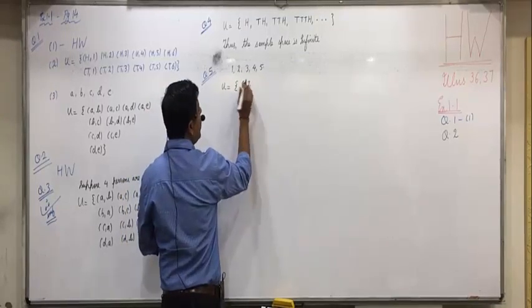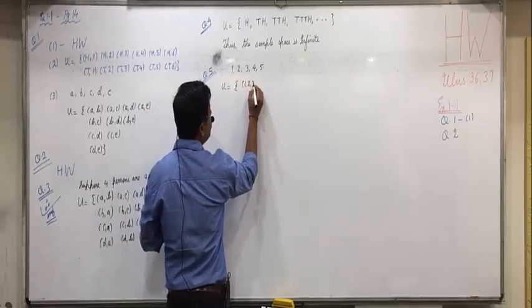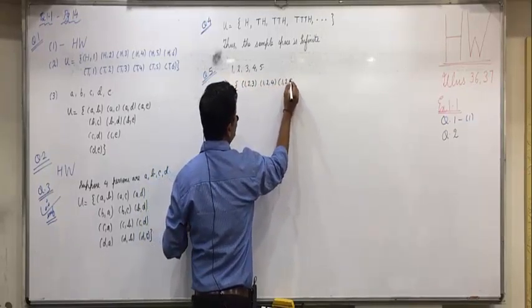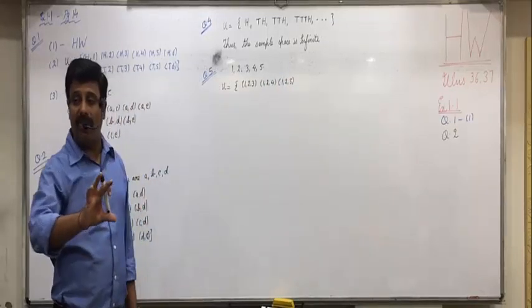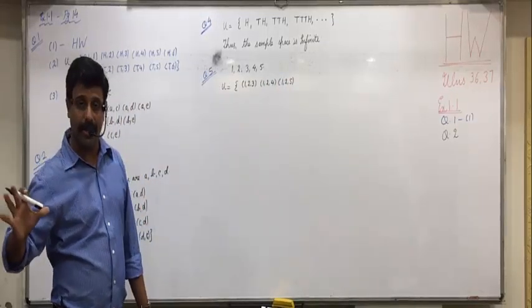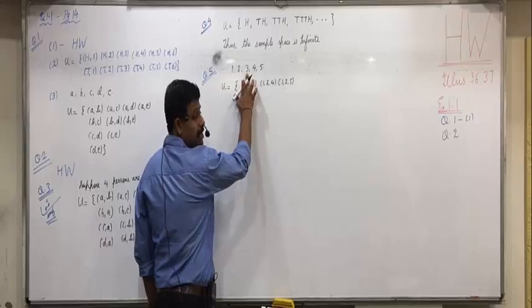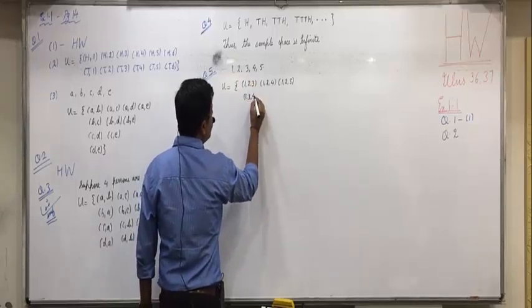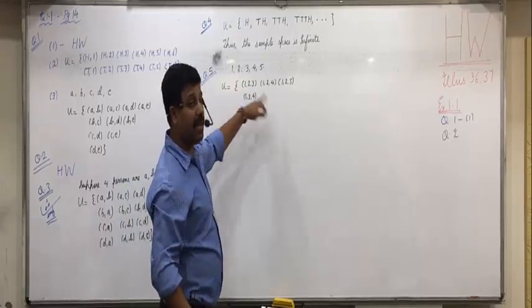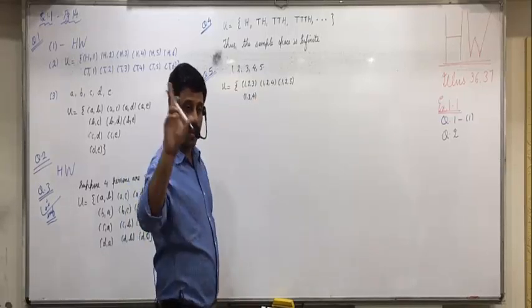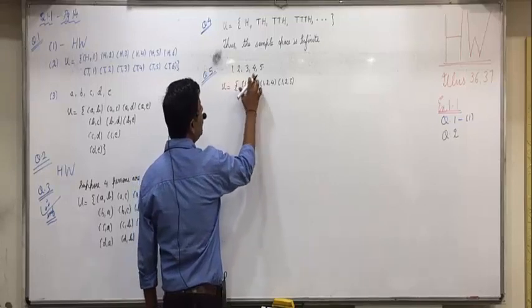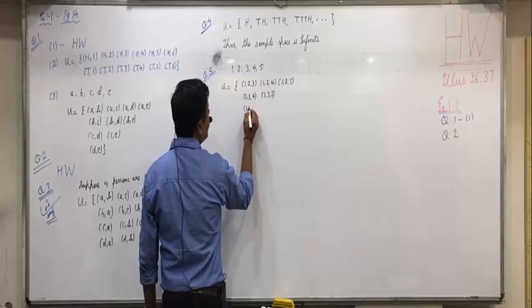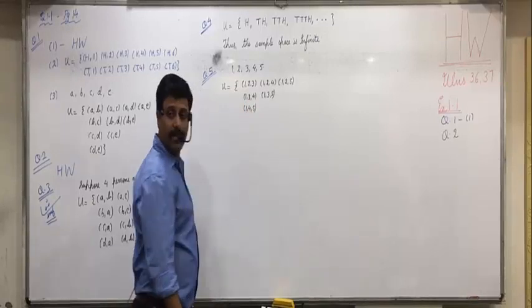1 and 2. And along with 1, 2, what all options are possible? 1, 2, 3, 1, 2, 4, 1, 2, 5. With 1 and 2, whatever is possible, you take it. Now take 1 and 3 first. What is possible with 1 and 3? Go only forward. 1, 3, 4, because 1, 3, 2 will be the same as 1, 2, 3. So you go only forward. With 1 and 3 you take 1, 3, 4, then 1, 3, 5. Then with 1 and 4, 1, 4, 5.